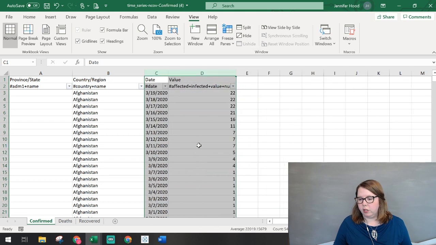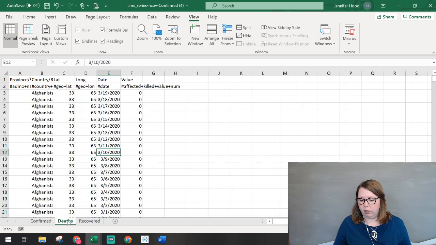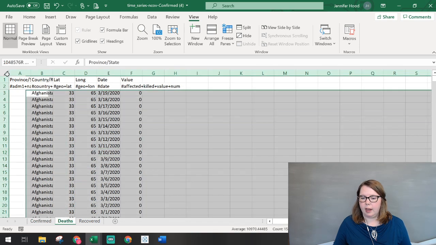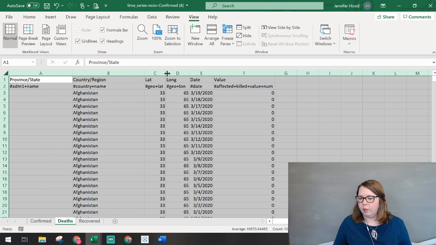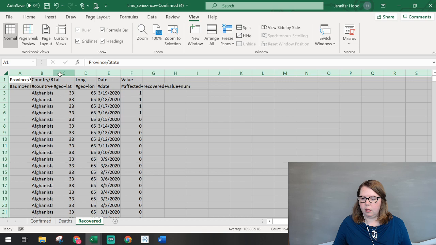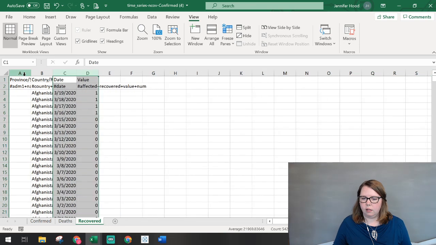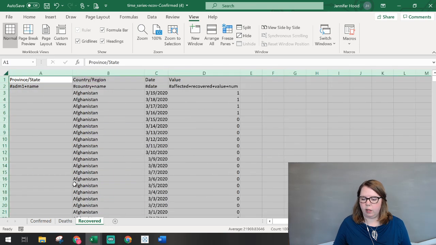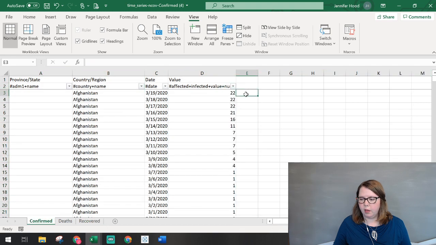I'm just going to delete it because I don't need it for anything. I'm going to take that out of each of my tabs. Delete and delete. Okay, so now we have a little bit cleaner of a setup. So now, again, we could do this manually. I put some formulas together to convert automatically based on the state abbreviation.